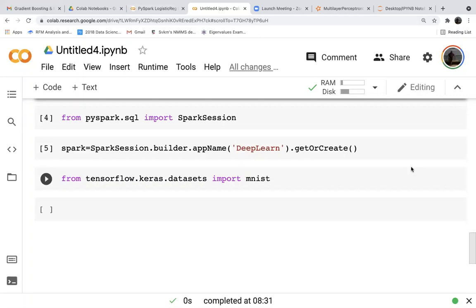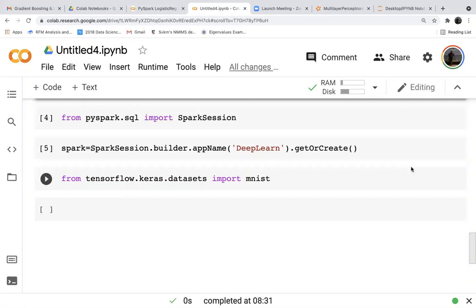So all of you are done till this point, or should I wait? Done, sir. So this MNIST data set is a data set of handwritten digits.